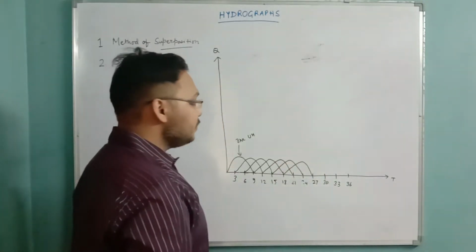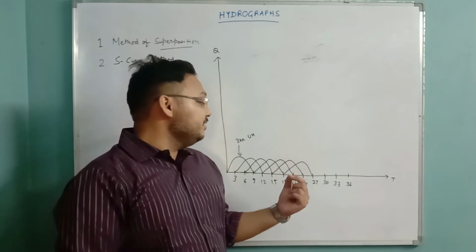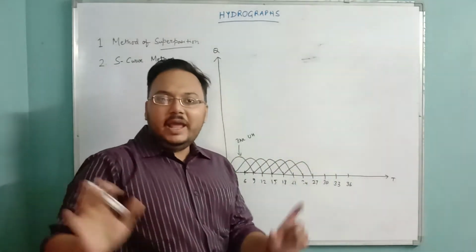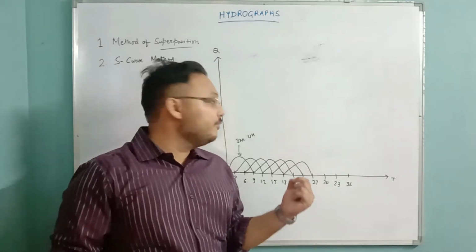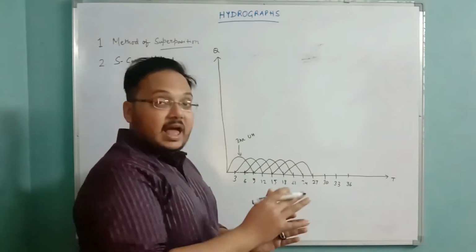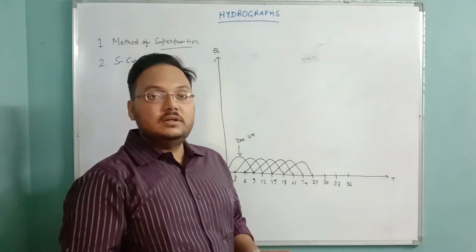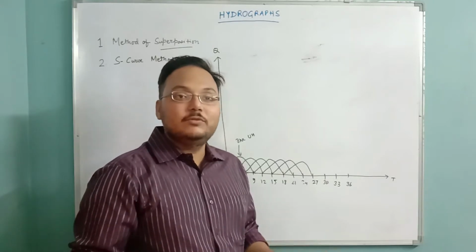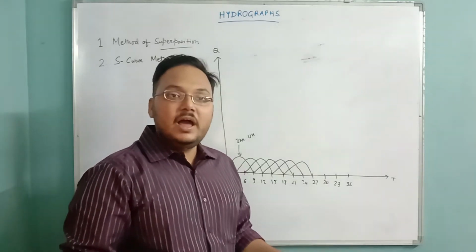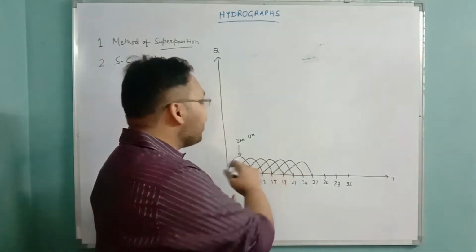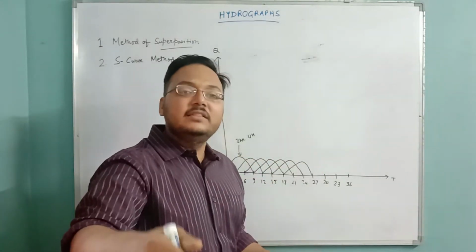The next job is that we have to do the summation of all this. Any guesses how this graph is going to come if we are summing up the ordinates of the lagged ones? Comment below what is going to happen. Just pause the video and give it a shot, what is going to happen to the summed up curve, and write it in the comment section below.